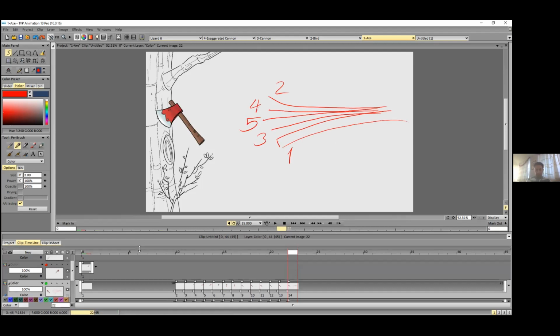Evet, bu dalış tahtasını hatırlarsanız, dalış tahtasının sallantısını bu şekilde yapıyorduk. Çizimlerin sıralaması böyle oluyordu. Here it can move like that: 1, 2, 3, 4, 5, for example. Orada balta da buna benzer bir paternde hareket edebilir. And it will shake.